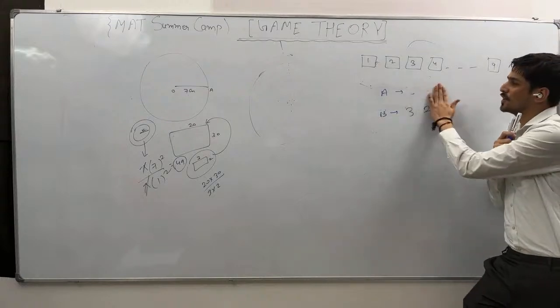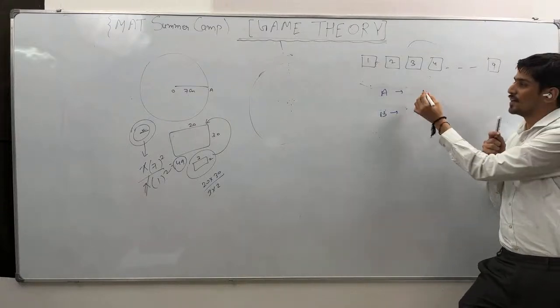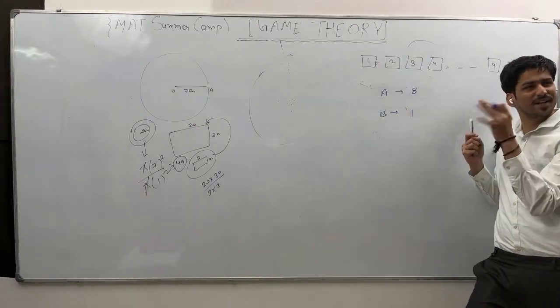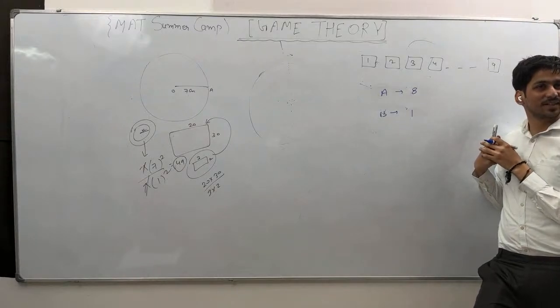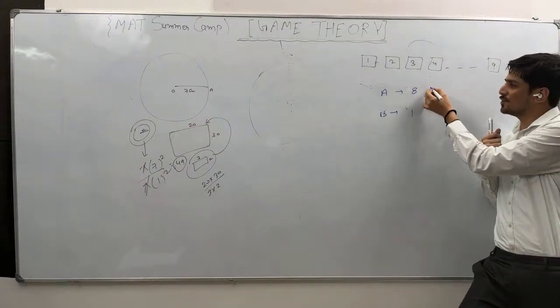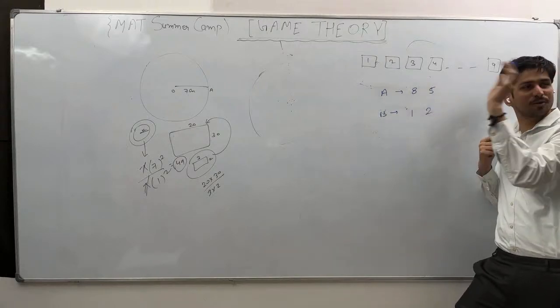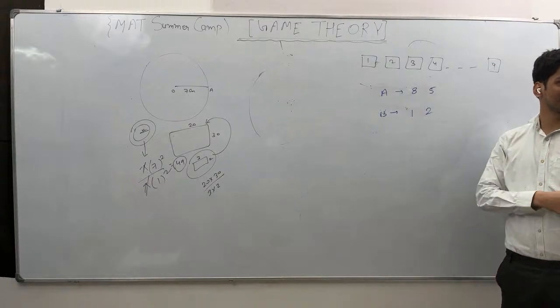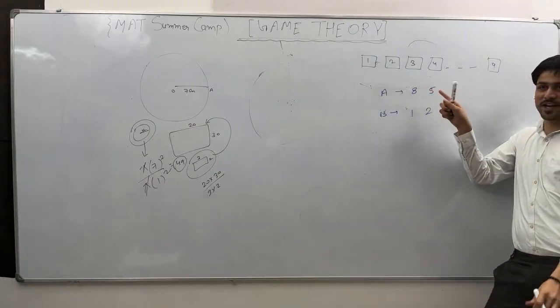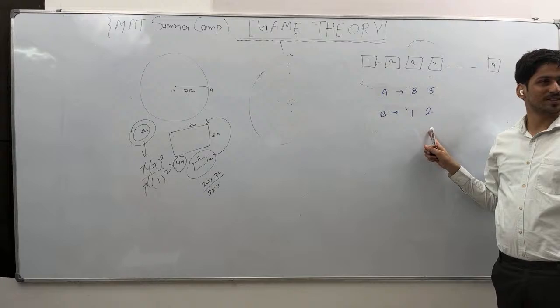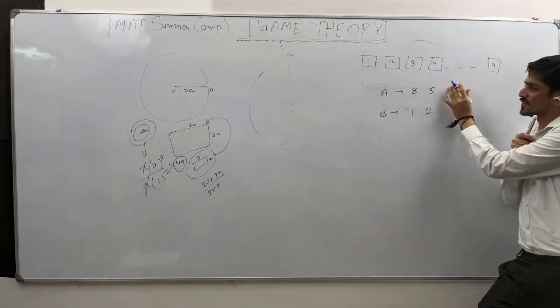Yes, okay. 8. Then I'll take 1. Any number you take, I'll take 7. No, 3. Okay, 7 you'll take. Then 5. I know next time you'll take 2, so I'll definitely take 2 only, so that you can't win. Okay, next. 8 plus 5 is 13. And next you were planning for 2, right? Next.